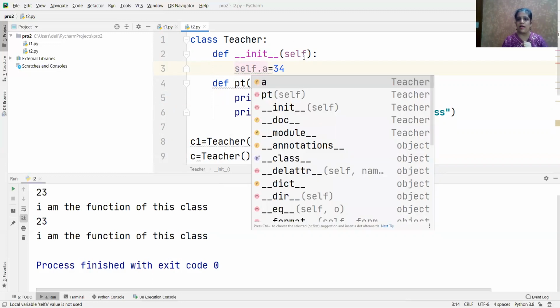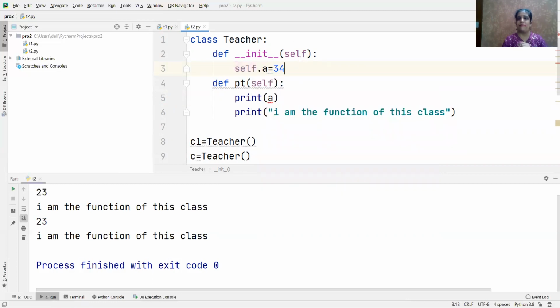I told you just now that self is taking the reference of this object. When I declare c1, this init method is automatically called internally, whether you are defining it or not. It calls itself, just as a default constructor calls itself, this init method also calls itself.